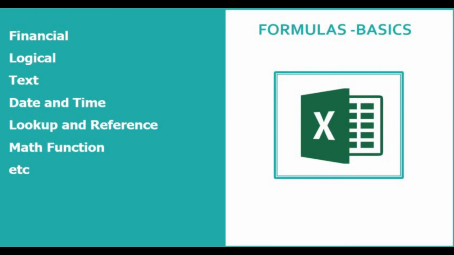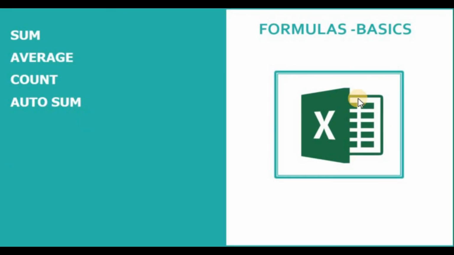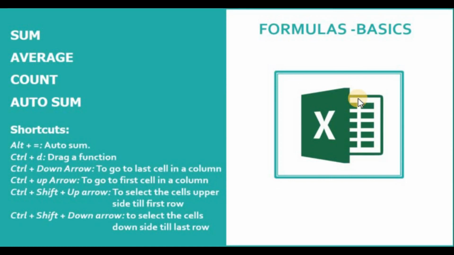So far, we have seen basic concepts of functions. We have seen some basic functions: sum, average, count and auto sum. The shortcuts we used are Alt plus equal symbol is for auto sum, Ctrl plus D is to drag a function, Ctrl plus down arrow is to go to last cell in a column, Ctrl plus up arrow is to go to first cell in a column,